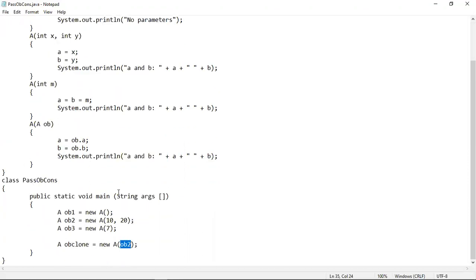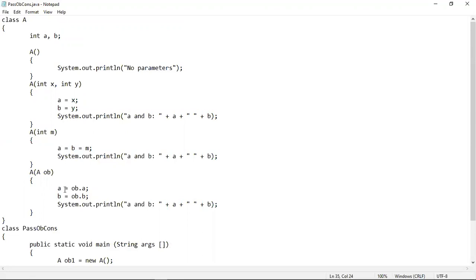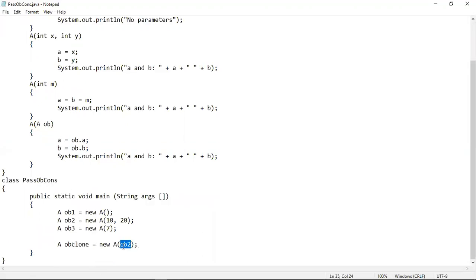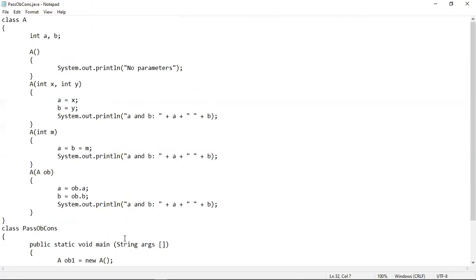Object cloning will only happen whenever constructor overloading is there, and we pass one object that has been created here, which is OB2, to the parameter of the same constructor, which is an overloaded constructor. Now, if constructor overloading is not there, then in this way we cannot implement object cloning. Obviously, using the clone method, we can implement object cloning anytime we want.